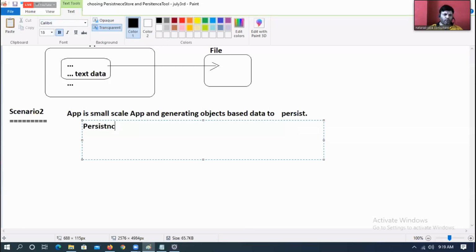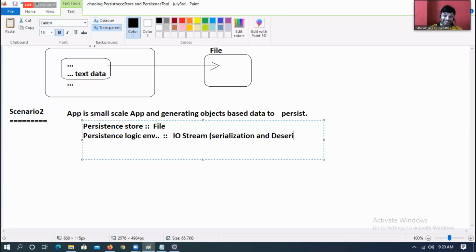Persistence store. Tell me, my dear. Still file only. Persistence technology, persistence logic environment. The amount of data is 1 KB, 2 KB, like a mobile game I have given. Based on the amount of data it is generating to save. Persistence logic environment: IO streams, but especially this time serialization and deserialization.